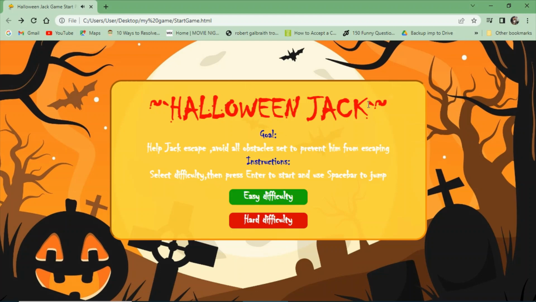You're playing the character Jack with a pumpkin, and your goal is to help him escape. There's going to be obstacles on the way. You have to press spacebar and jump over them. That's the basic goal of this game. It's quite similar to the Dino game on Chrome when you have no internet connection. This is just more animation,